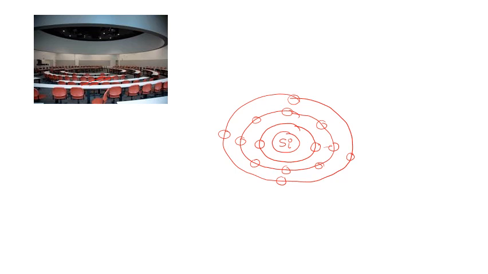Now similarly, I can draw n number of silicon atoms to create one complete system over here. But what exactly is happening is, at room temperature, all of these electrons are going to remain wherever they are right now. But what is going to happen as the temperature increases? An analogy for this increase in temperature would be, the centermost person who's standing here is the teacher. Let's say this teacher is not strict at all. What is going to happen? You can complete your assignments in class, you can sit and talk, you can listen to music, you can chat on WhatsApp. Nobody is going to leave the class.